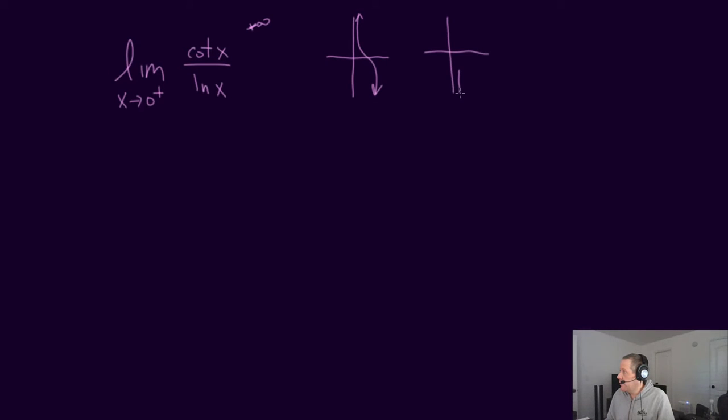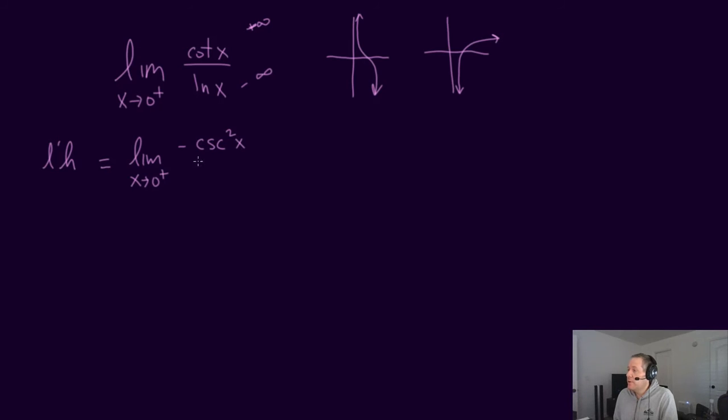ln of x looks like this. And you can see that as we're approaching 0 from the positive side, the denominator is getting close to negative infinity. So we do have an indeterminate form here, which is an infinity over infinity type form, so we can use L'Hopital. So by L'Hopital, this is the same as the limit as x approaches 0 plus of the derivative of cotangent of x, which is a negative cosecant squared of x, over the derivative of ln of x, which